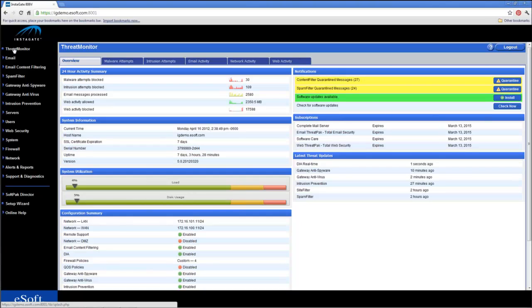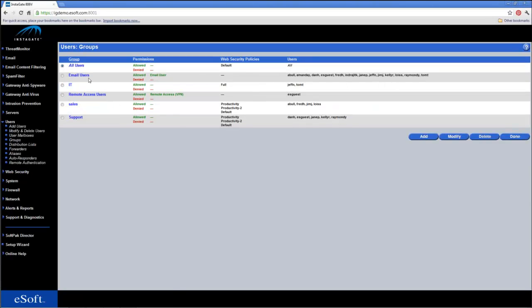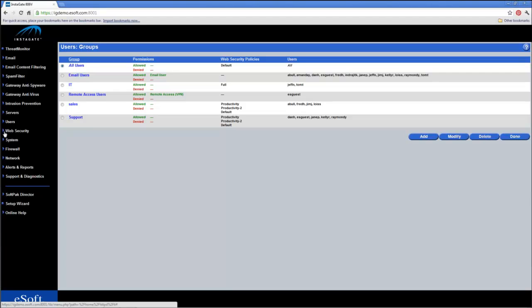I do have a question. How can I set different settings for different users? Could I have different settings for my executives versus my regular employees? Okay. Can you get more specific on the settings you're speaking of? So like the web protection? Yes, for web protection, yeah. So I wanted to say allow all for executives, but just have the rest of the staff and employees